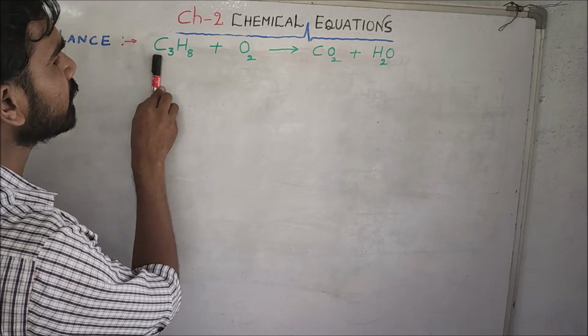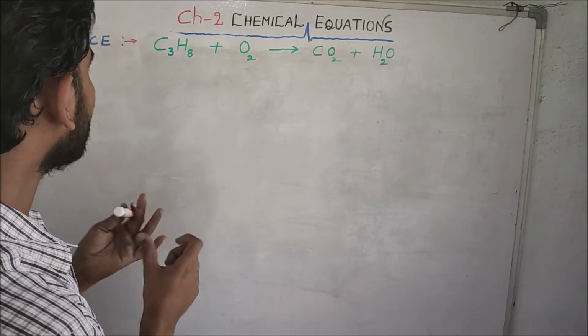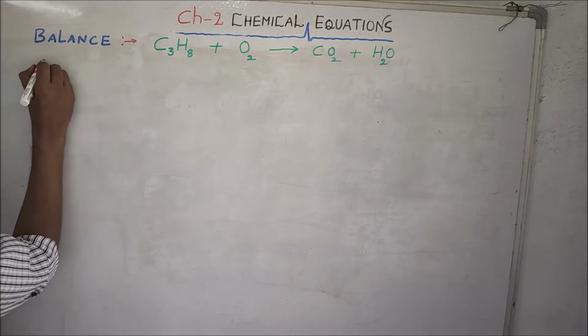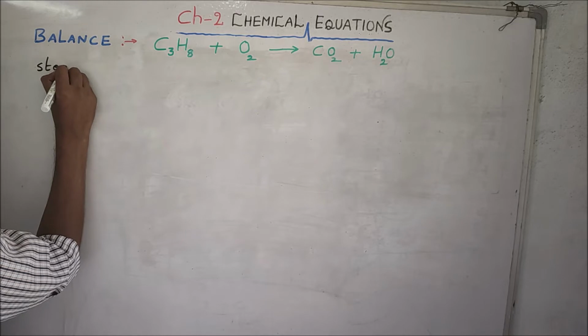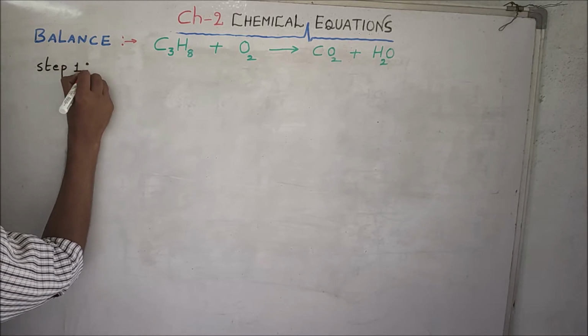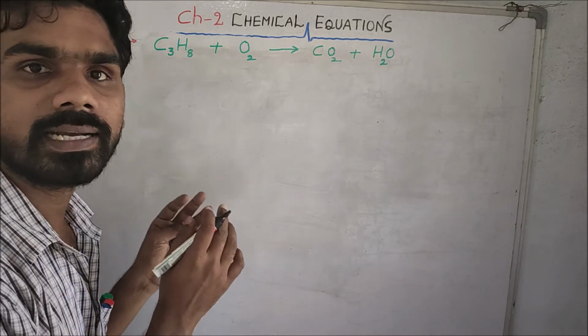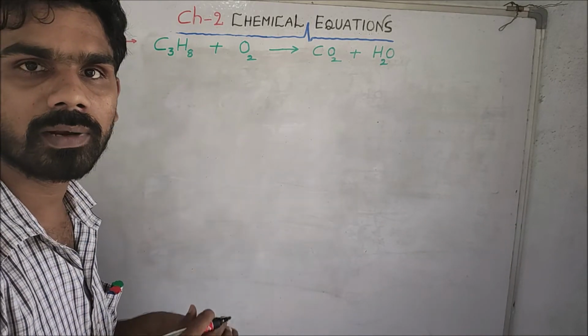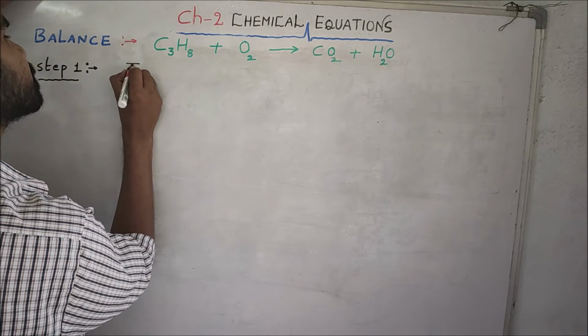Now A family, B family, C family, D family. The moment you see the question, we have to write what is known as step 1. What is known as step 1? To make you understand, I have written in different colors in the first problem. Now I will write with the same color. Now what is step 1?